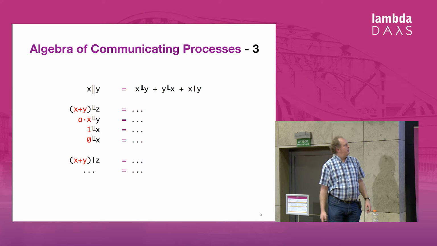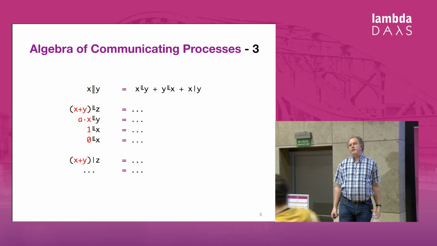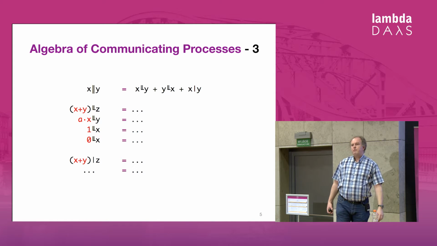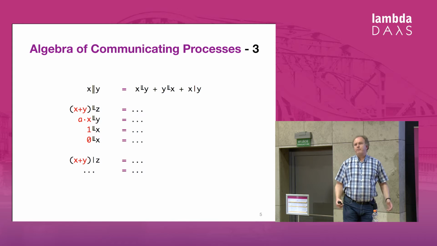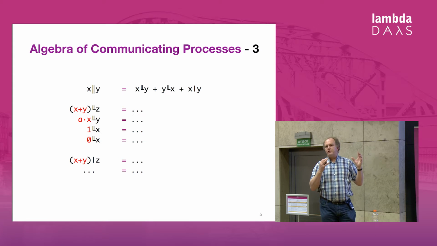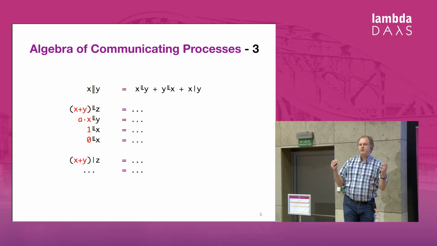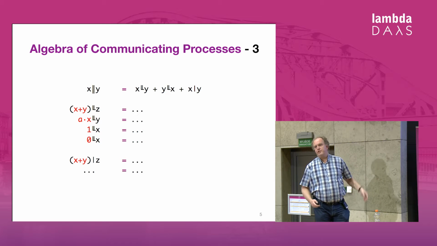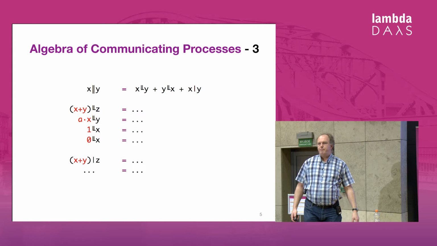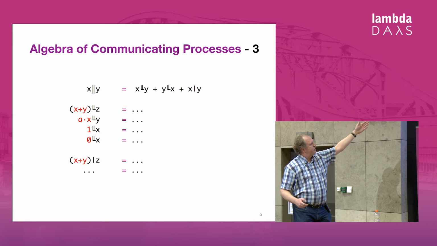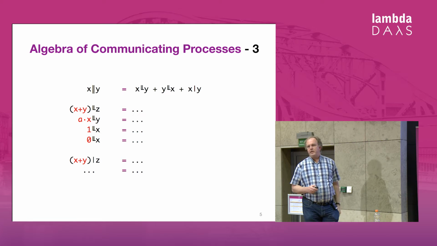So you can express things like parallelism, like x parallel y is then defined using an auxiliary operator, the left merge operator. It says, well, either the x process starts first and then the rest is parallel with y, or y starts first with an action and then the rest is parallel with x, or they can start with communication. And then you can define all these other processes, or this left merge operator and also the communication operator, using some more axioms.